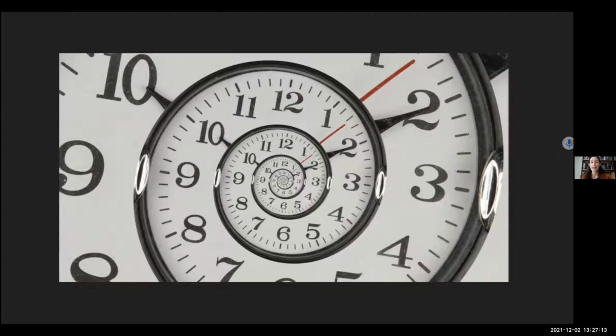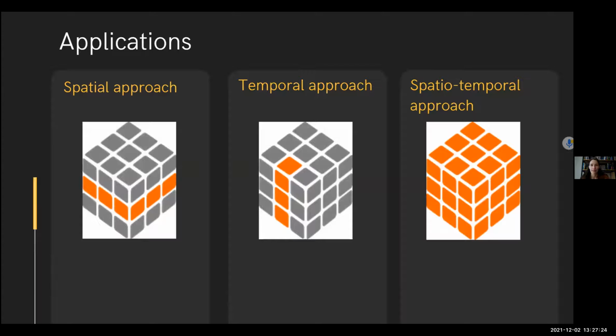So we really need not to analyze as different layers separated from the time continuous, but we really need to put time into our analysis. So now I will talk a bit more of a few applications that we can do with this spatial temporal data structure, and they are mainly done by me.